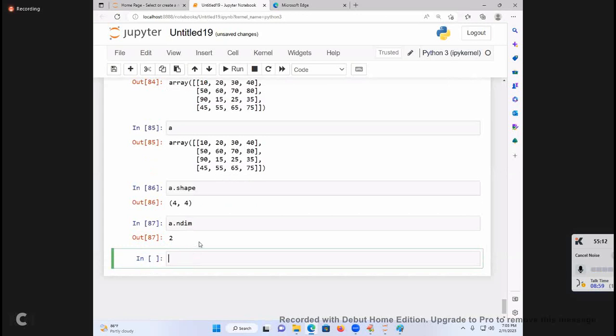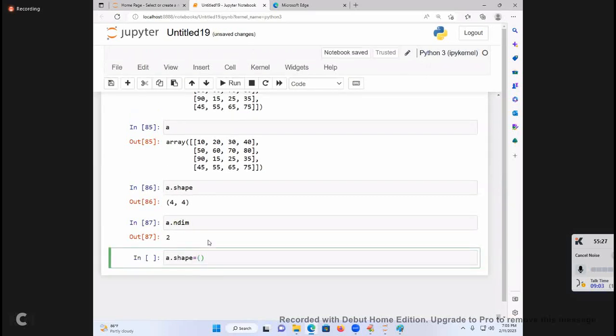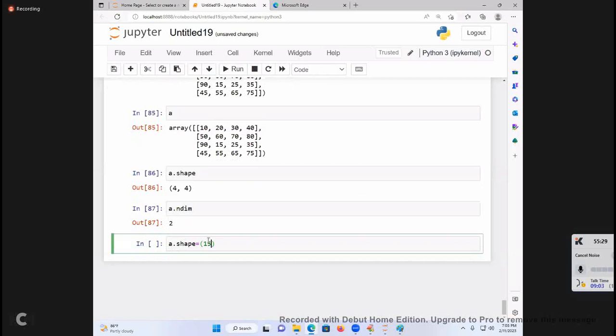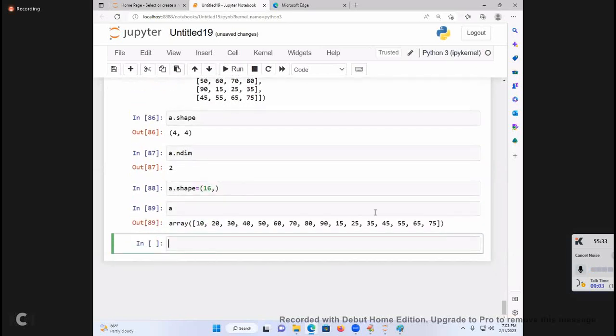Okay. Now I am going to introduce a.shape. I will flatten my list. How do you flatten the ND array? Flatten means scattering my n-dimensional matrix elements. A.shape is equal to 16, 16, 16, A. Okay. My question is